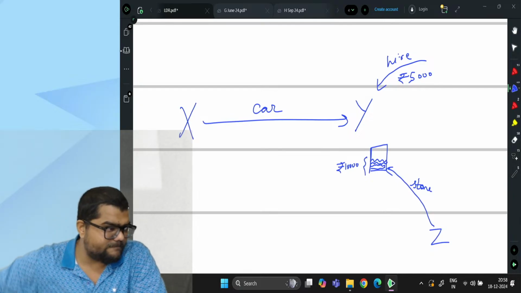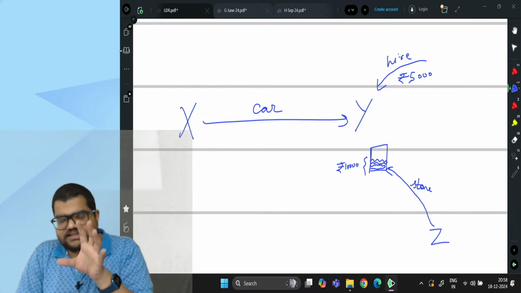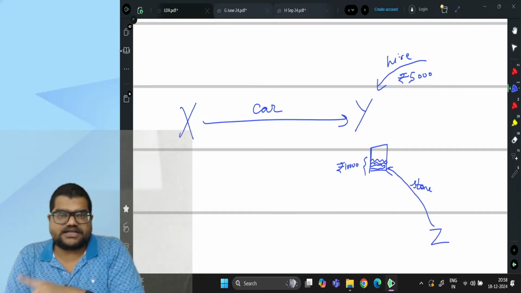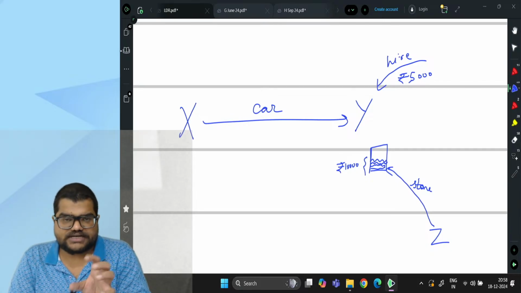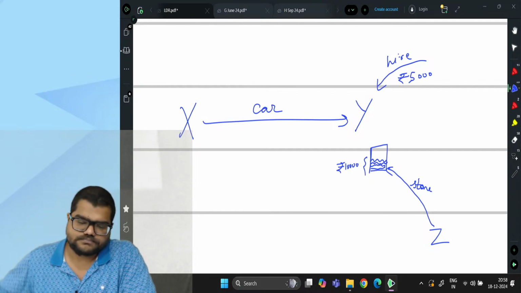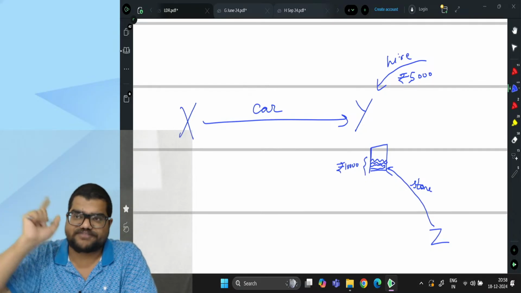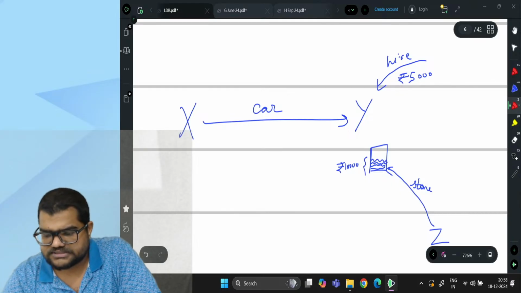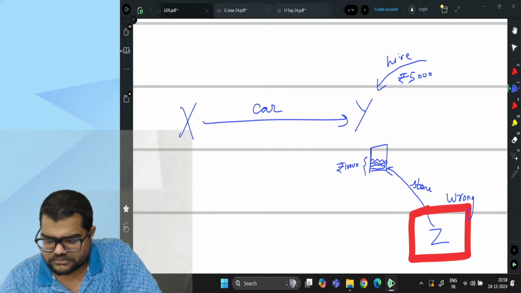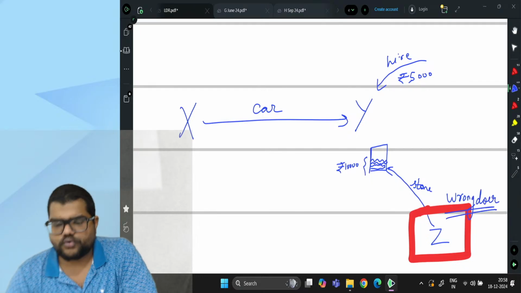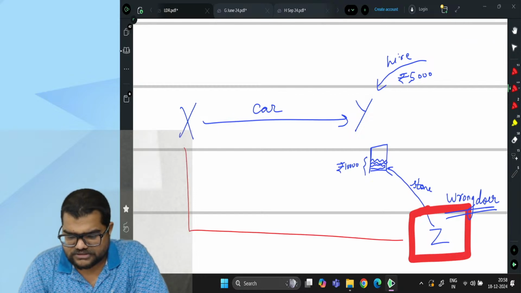So I'll repeat the whole one more time. X gave a car to Y for riding. Y kept the car in the car parking. Z threw a stone on the car and the window of the car was broken. The window of the car costed 10,000, and because the car was not drivable now, Y took a car on hire from somewhere else and paid rupees 5,000. The lawmaker says this is the wrongdoer. Further now, the lawmaker says, sir, X can sue Z,